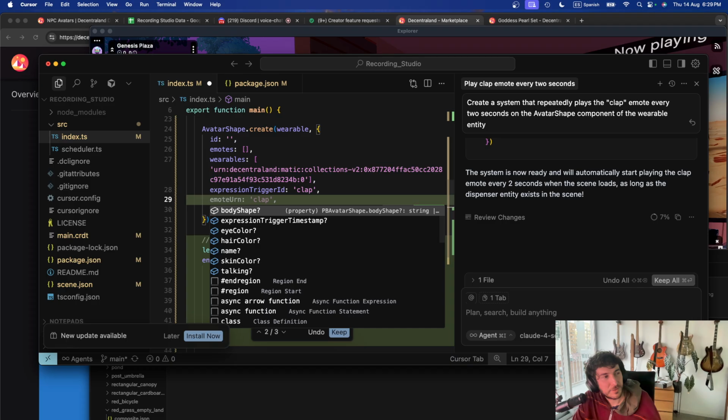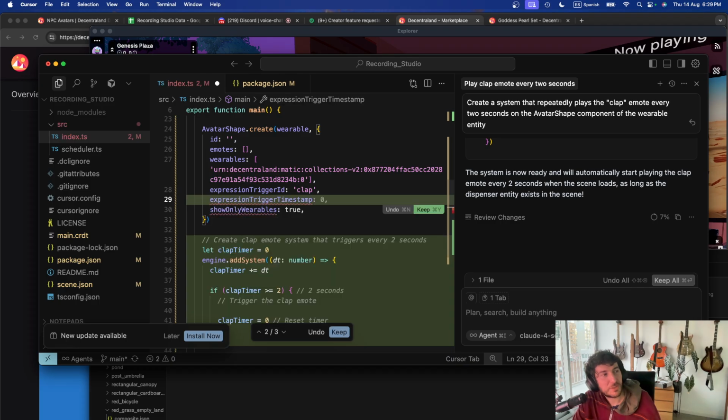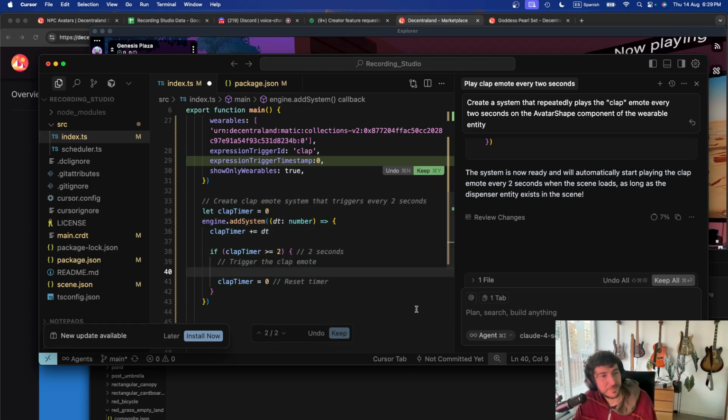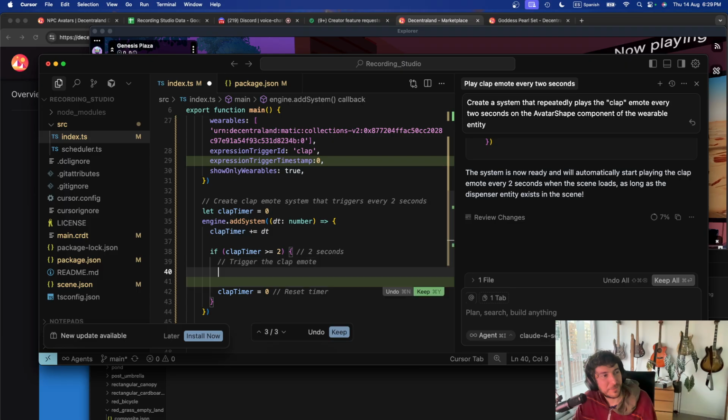There's a mode trigger timestamp, so it would be something with this number. So originally it starts with the 0, and to make it play again, I think you'd have to change it over. Instead of doing that, which doesn't quite make sense, let's do